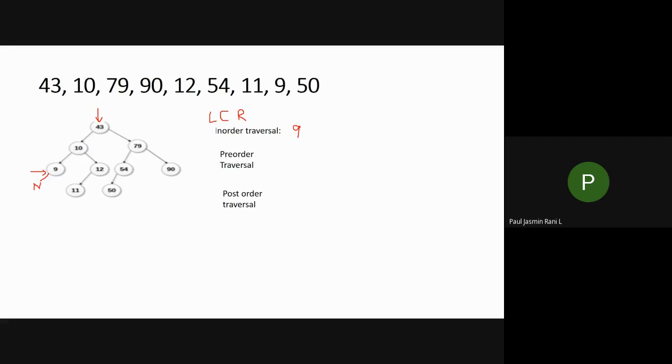So if you don't have a left child, I am going to print your root element, that is 9. After printing the root element 9, you don't have a right side, isn't it? Therefore, again you have to go to the root element of this 9. What is the root element of this 9? That is 10. So I'm going to visit this 10. After completing this 10, the left side of the 10 is over, the root, that is the parent node, is also over. Next, you have to visit your right side.